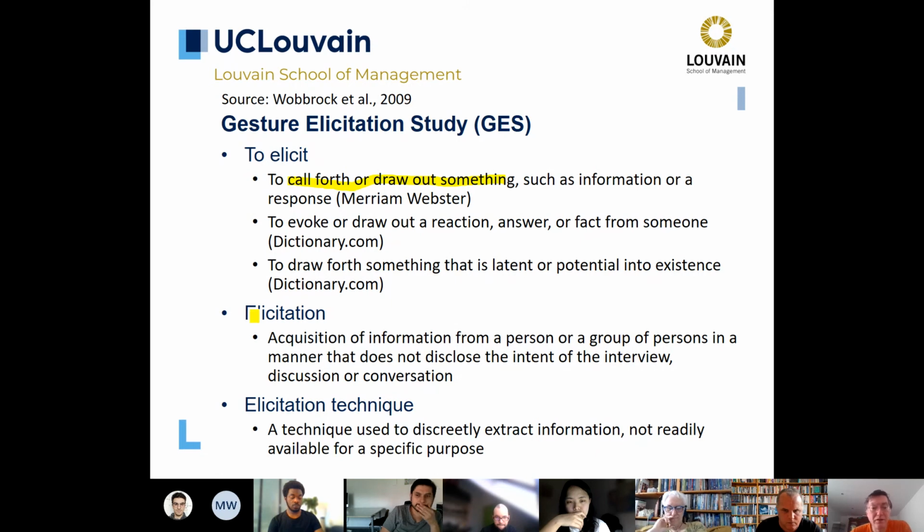So in general, elicitation is a process where we try to acquire some information from a person who is typically a real end user, or maybe a representative of this person, or a group of persons, in a way that we will not impact directly the rest of the system based on that. So we don't want to disclose the intent. Of course the person knows that this information will be used in order to shape the future system, but it is not specified,